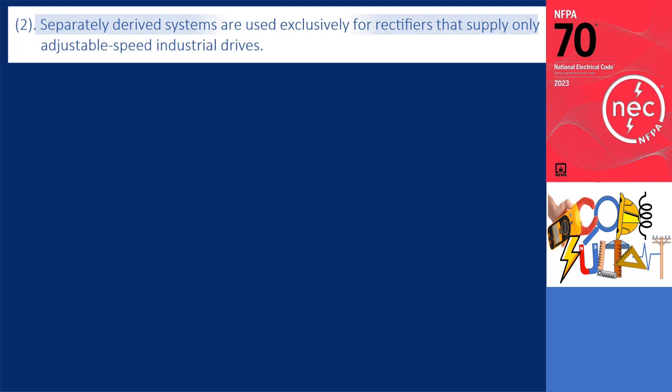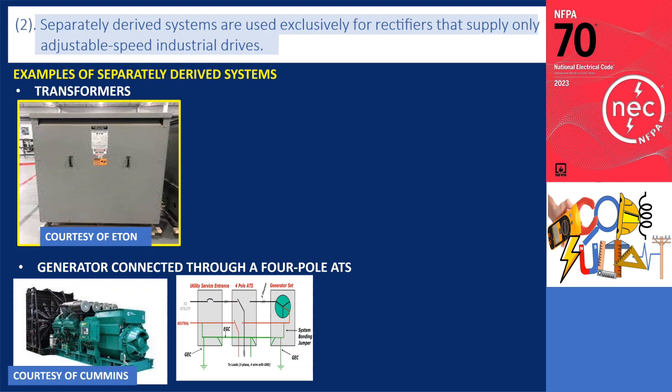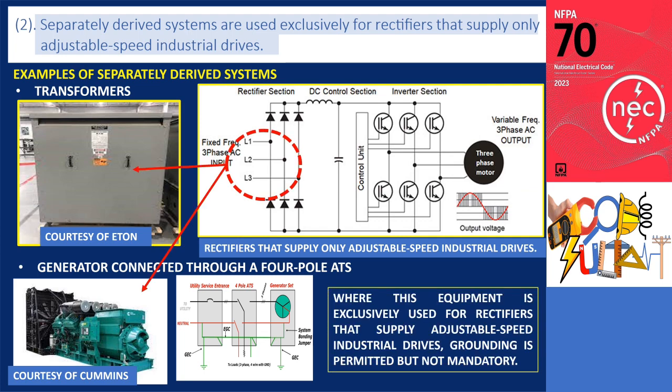2. Separately derived systems used exclusively for rectifiers that supply only adjustable speed industrial drives. Examples of separately derived systems include transformers and generators connected through a 4-pole automatic transfer switch, ATS. In situations where this equipment is exclusively used for rectifiers that supply adjustable speed industrial drives, grounding is permitted but